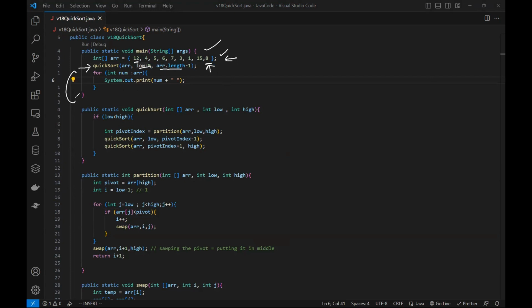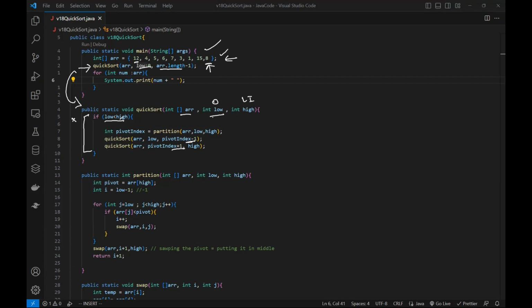So from here, it goes back to this point. Now, when it comes to this, it gets the array, it gets the low, that is 0, and whatever is the last index, it gets the last index here. Clear? Then here, the if condition, by default, the first time at least it is not going to be hit. This condition will hit only once it's recursively being called, when due to -1, +1, the low will be higher than high. To avoid that, this is used, but for the first time, the condition will not be